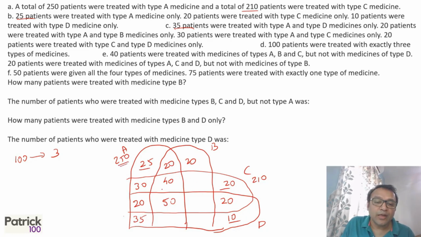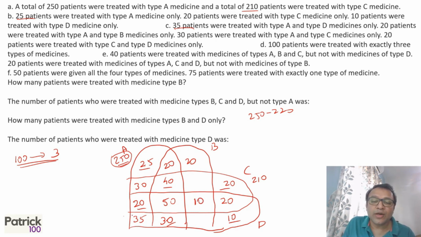So you have 250 of A; subtract the values given to you out here. 25 plus 35 plus 30 plus 20 gives you 110. Plus again 110: 50 plus 40 plus 20 is 110. So 250 minus 220 will give you 30, which goes here. That was A. I knew A is 250, so I used this data to get the value. Now what other data do I know? I know 100 belong to all three types. So 40 plus 20 plus 30 is 90. So 10 more is left. So 10 will come out here. That will give you a total of 100.